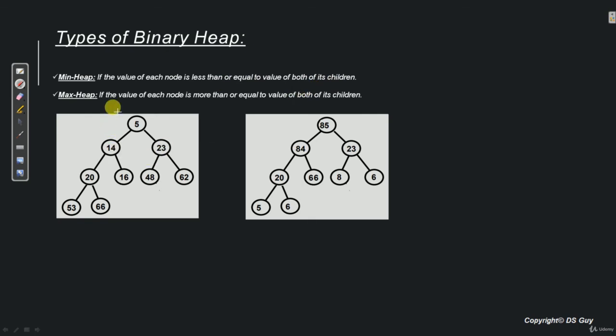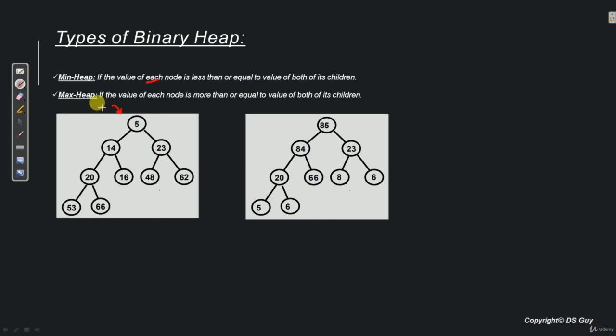So if we see this binary heap, this is a min heap because the parent's value is always less than its children. Now please pay close attention to the word each. We need to make sure that each and every node follows this property of min heap. If there is at least one node which does not follow this property, then we cannot call it a min heap.